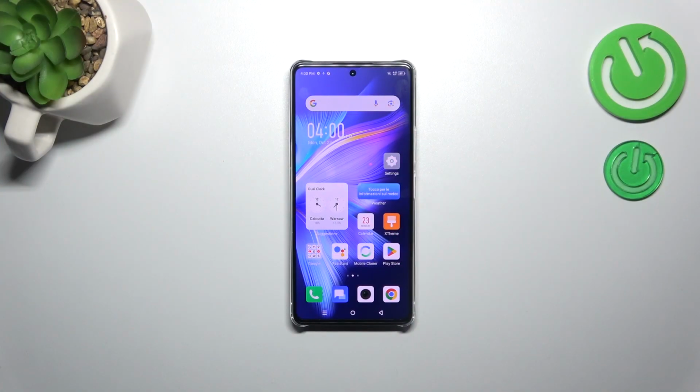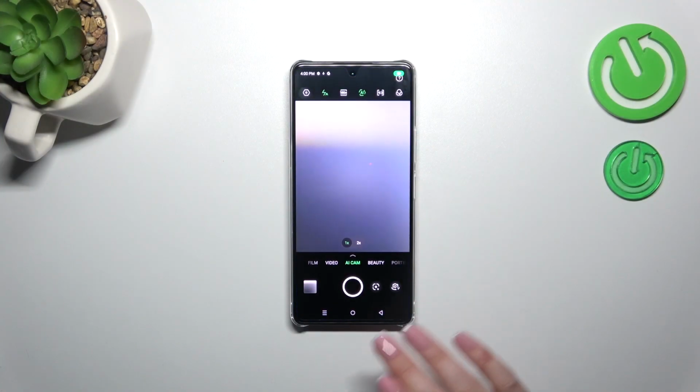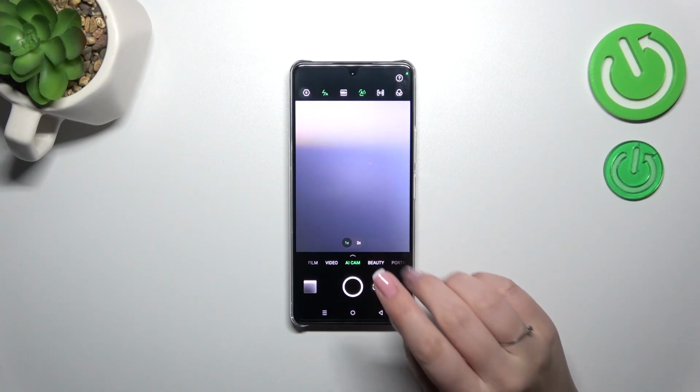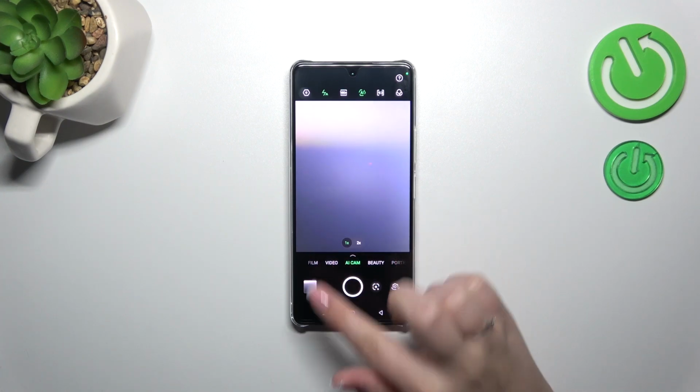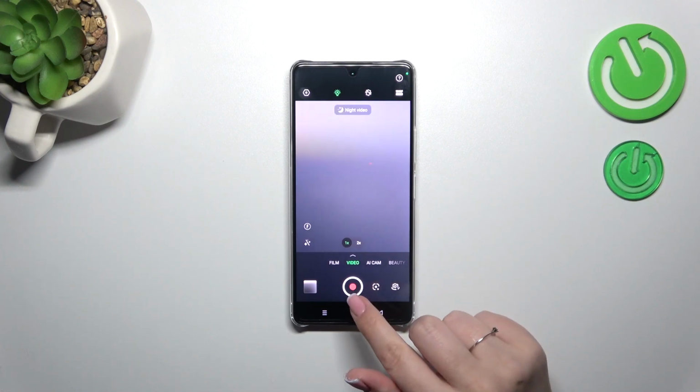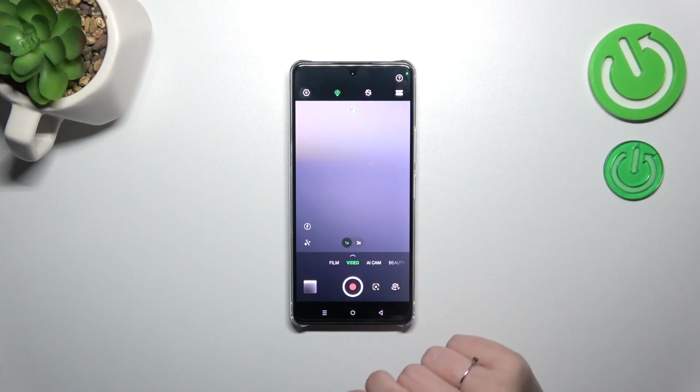So let's start with opening the camera app, and currently we are in the standard photo mode. So first of all we have to switch to the video one. Let's tap on the video. If you can see this red dot actually inside the shutter button, it means that for sure you're on the